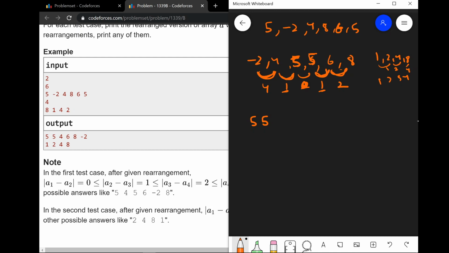Okay, so the thing is that we should be going only in the opposite direction of these, the one with the minimum. Because suppose after this we took 8, so the difference from 5 to 8 would definitely be greater than this difference. And we want to sort in increasing distance, so we should take the adjacent first and then go to the opposite sides. Alright,